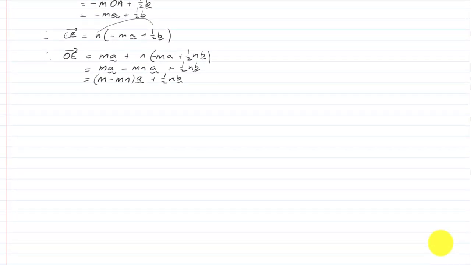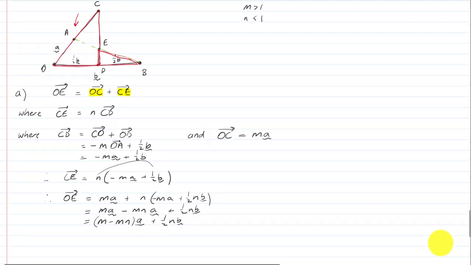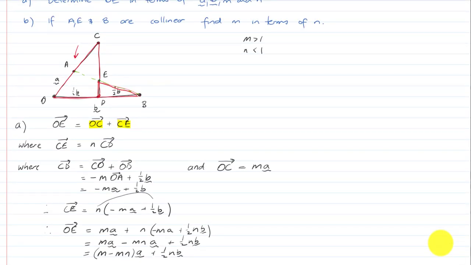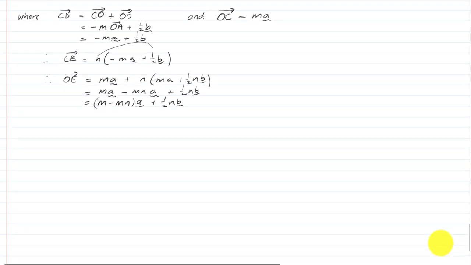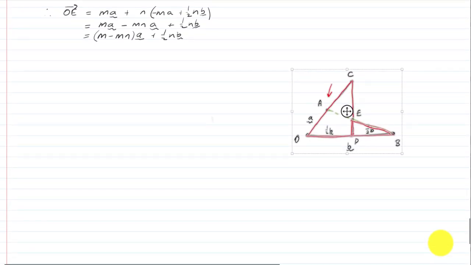So we've lost the diagram. In fact, we have lost the diagram. So what I'm going to do is I'm going to take a copy of the diagram to help us. That was silly. I'll put the diagram down here, and so you can still see the diagram as I do part B. So part B,